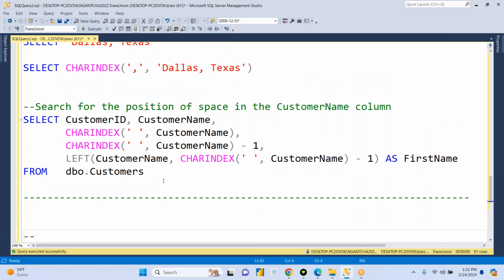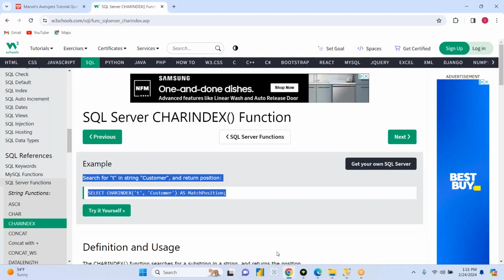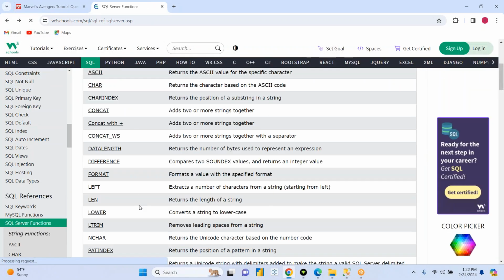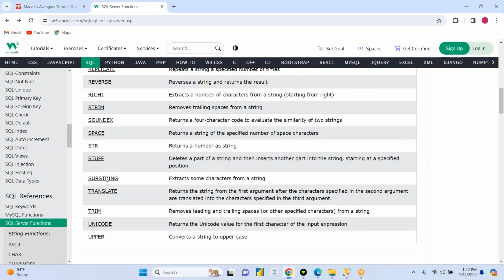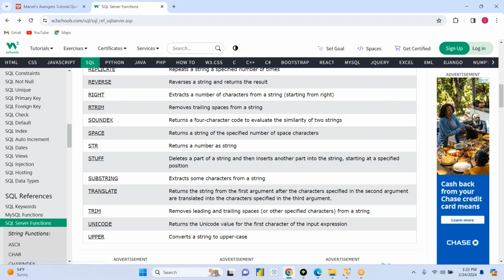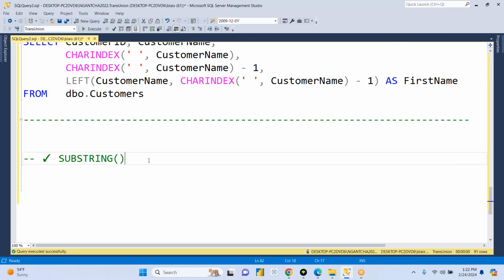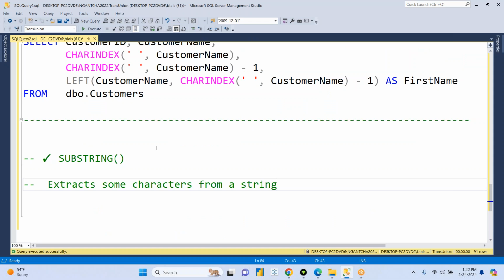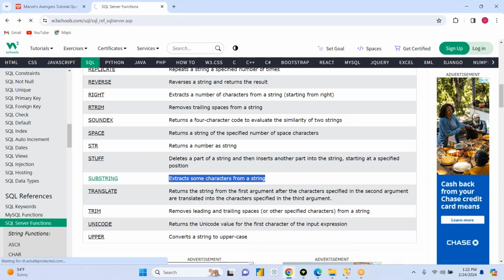So this is a function called substring, and I'll just take you back to W3 Schools. On this list, I think I saw the substring function, this function right here. It is the extraction. It does exactly what the left and the right functions will do. Right, so this is it. And I will begin by giving you some examples on that. So that's what the function does. If I just click on this,